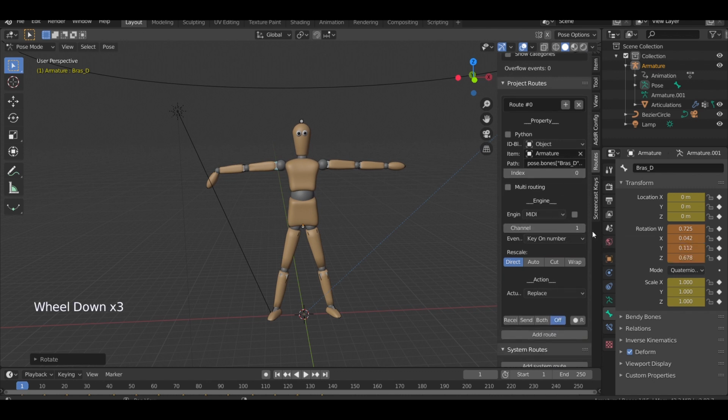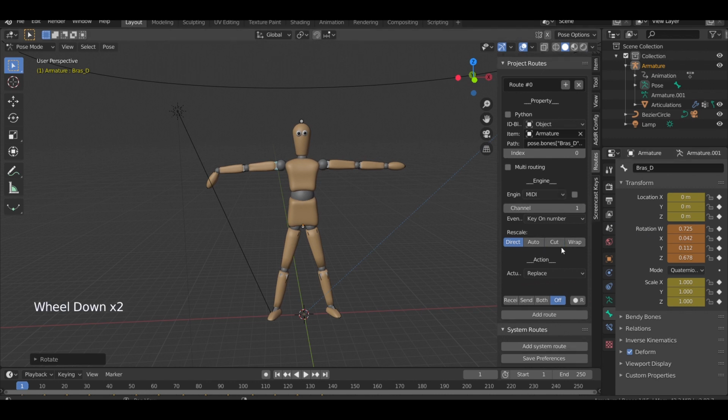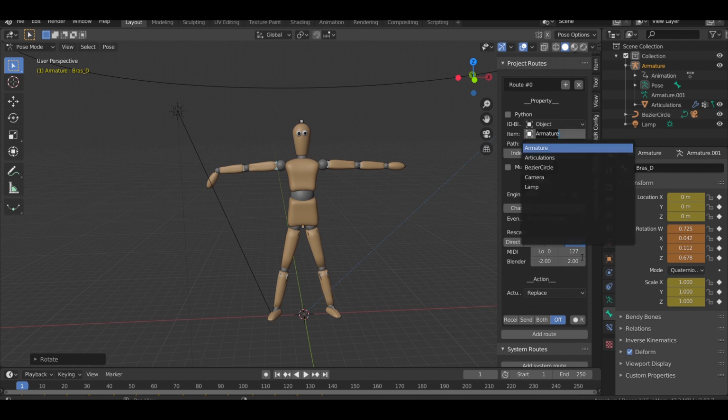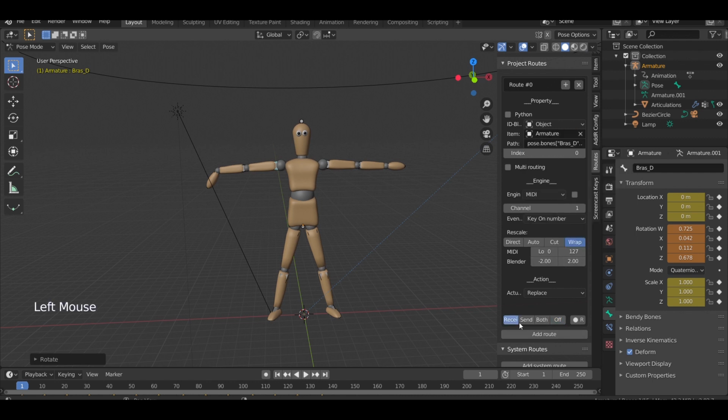And so we're going to take channel 1, because this is the first MIDI note that we're using, and then we're going to wrap this. It's going to go from 0 to 127, which are the notes of the keyboard, but we don't want it to go 0 to 127 rotations because that would be kind of weird. So let's do -2 and 2, and then we're going to receive. So now we have rotations of this guy based on this one note we play. Look at him wave, look at him wave. So from there you can kind of